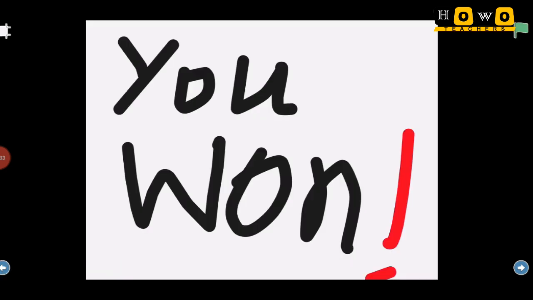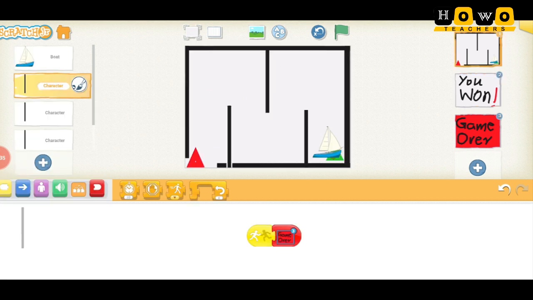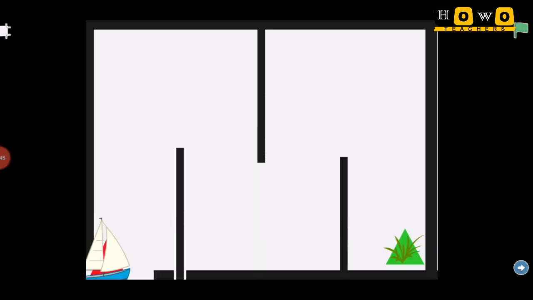And again, if we want to start with the same one, see, right now we have not coded it so that every time the boat will come to its original position. So we have to take it by our finger touch. Okay, now let us start again. And in this I will be touching the black line by mistake. Okay, so if I touch here, the game over will come.